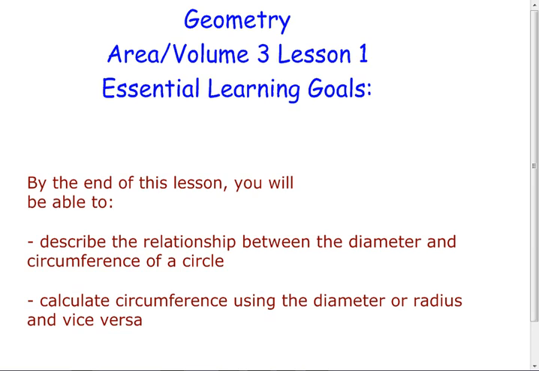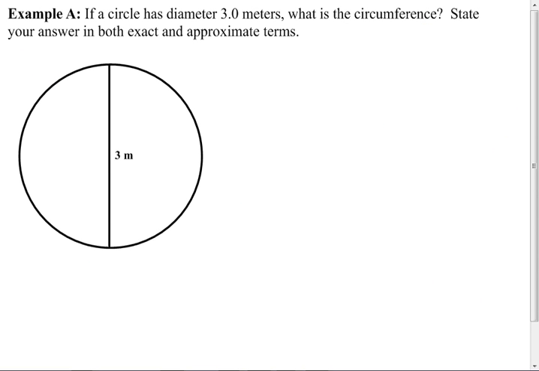This is awful. There is my circle. The circle has a diameter of 3 meters. What is the circumference? State your answer in both exact